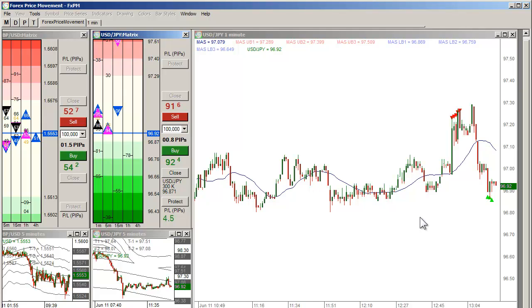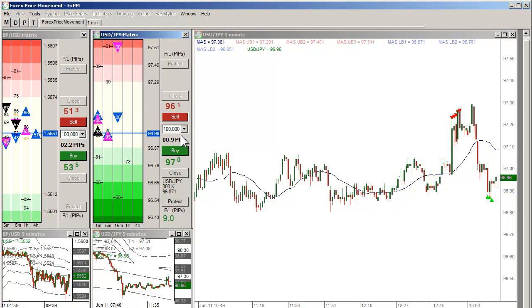And at the very least, the nice thing about this is it lets you get in and reduce and eliminate your risk fairly quickly in most cases. And so you've either got a free ride or you get taken out at break even. At that point, you just look for a better entry. We're just hanging around this 5-6 points here. Okay, take partial profits at about 9.5. Was hoping to get 10, but